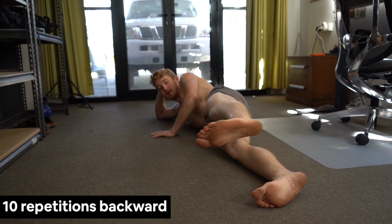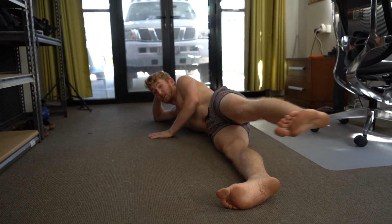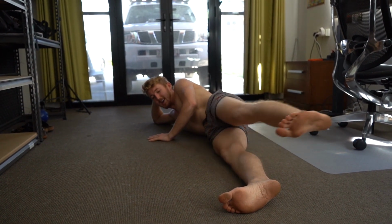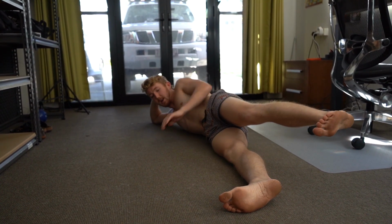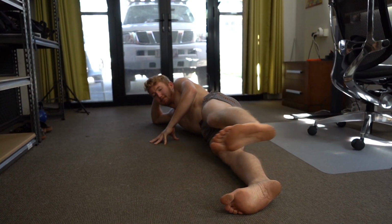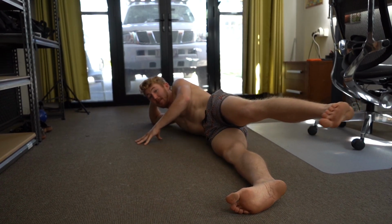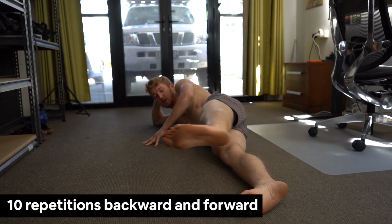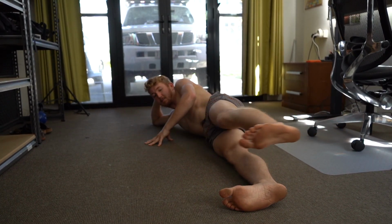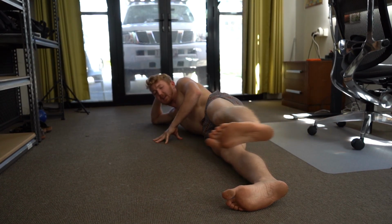Now 10 back. Each time you do it, you could probably go first with your left and then first with your right, whatever you want. Keep going back. Yeah, I'm feeling this one already. We're lighting a little fire. Keep it up. This is going to get your glutes nice and activated. Now, 10 back and forth. 1, 2, and I've probably got dirt on my feet because I've been walking around in the backyard, feeling the earth, feeling the grass under my...